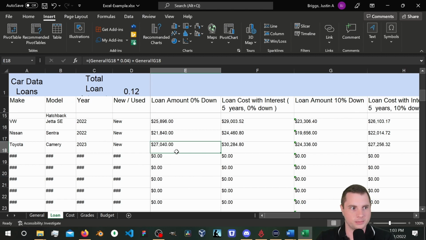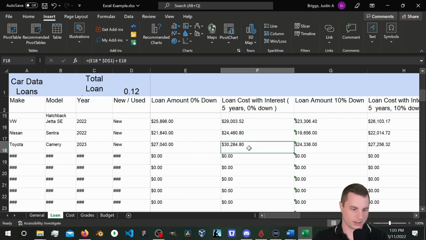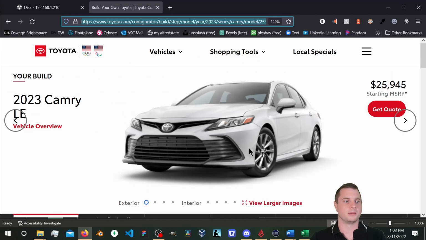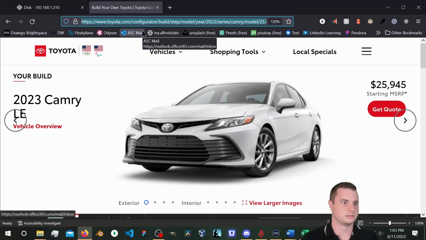Okay. That seems low. Oh, it's just sales tax. So all the other fees and whatnot are not included here. Okay, so that's better. Okay, so if we move over here, loan cost with interest, 0% down. Now, the interest here is not 100% correct. And now that I'm thinking about it,